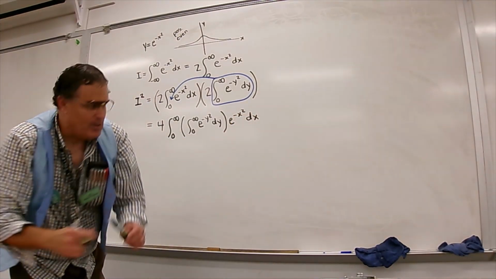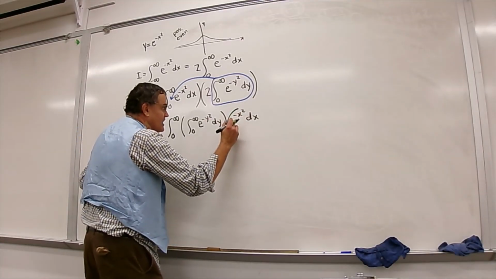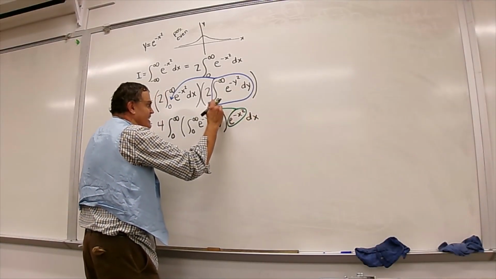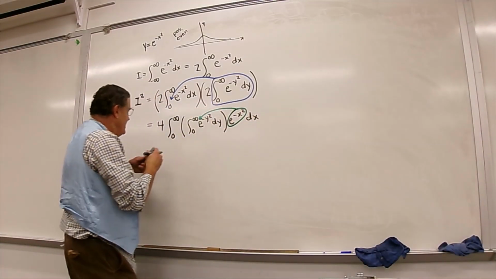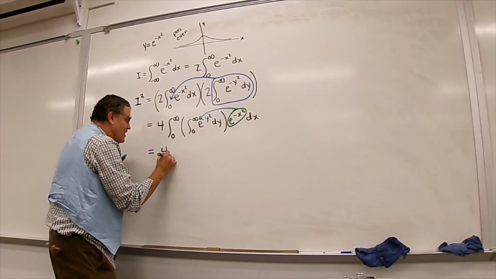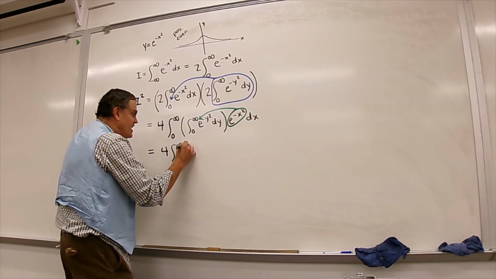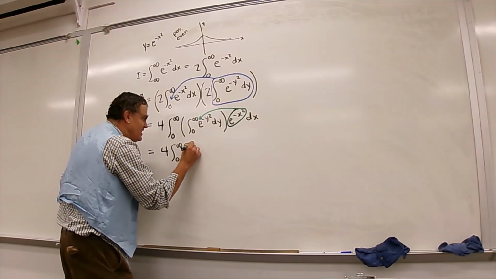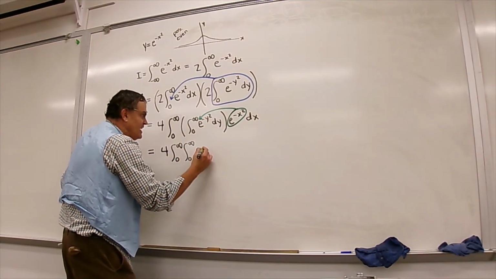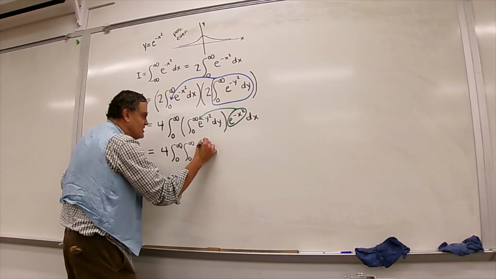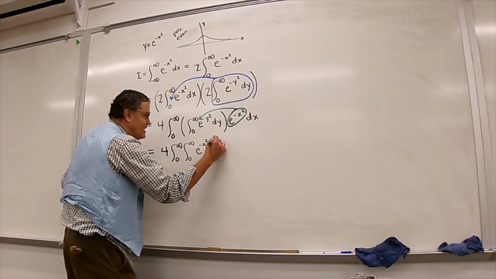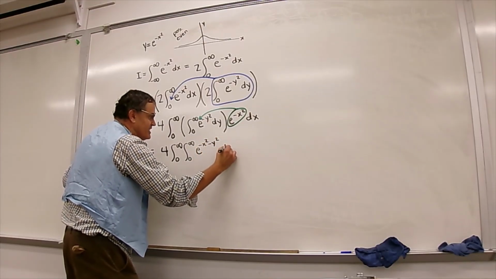Okay, the next thing I want to do is bring that in. And now I have 4 times the integral from 0 to infinity, integral from 0 to infinity, of e to the negative x squared minus y squared dy